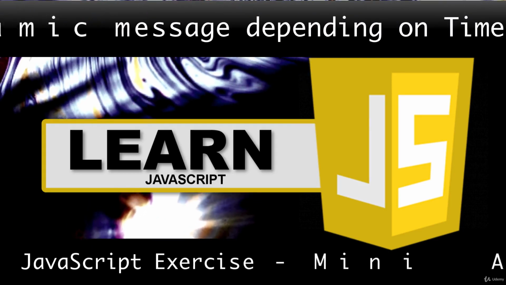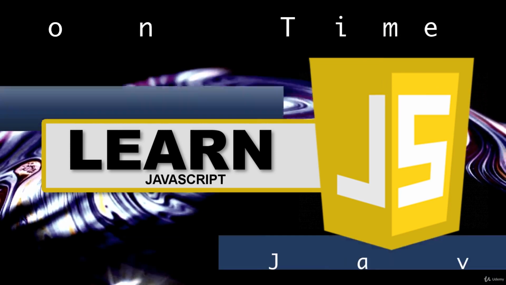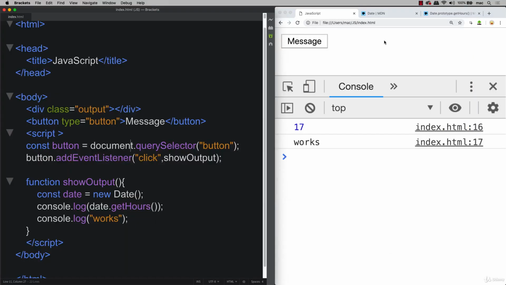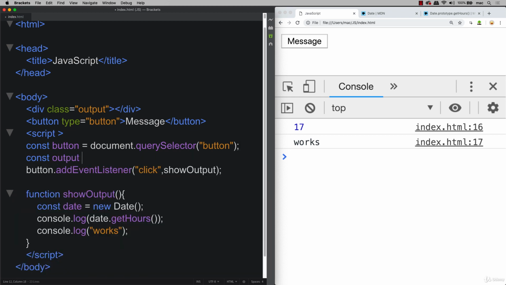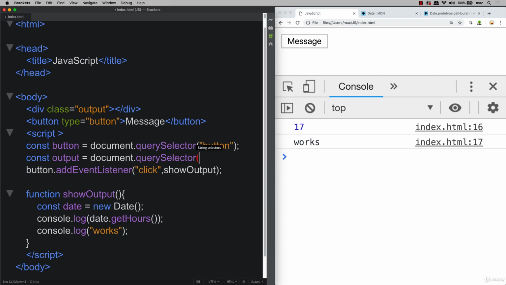In this lesson, we are going to use conditional statements to check the current time and customize a dynamic message that's going to be output to the user. We need to set up an element container for that output using a variable called output, using document query selector. We're going to select the element with the class of output, and this is where we're going to output the contents of our message. So whenever the button gets clicked, we're going to run and invoke the function called show